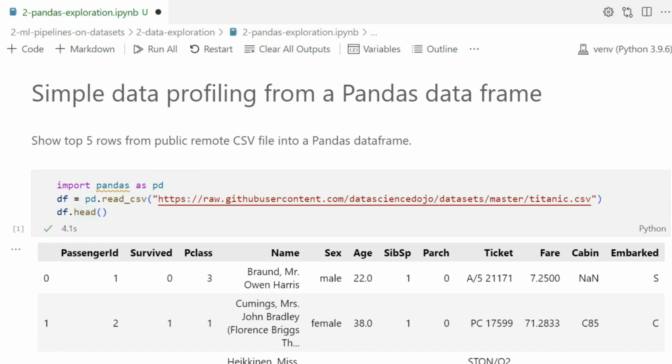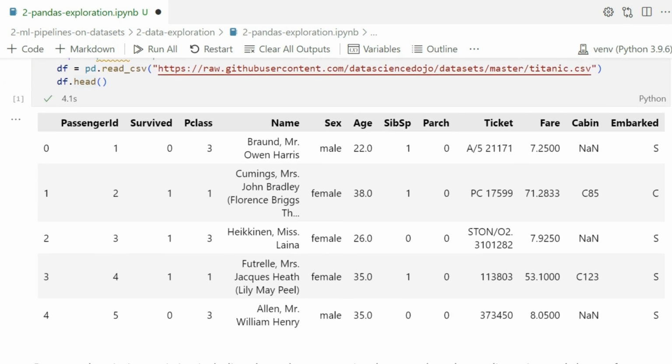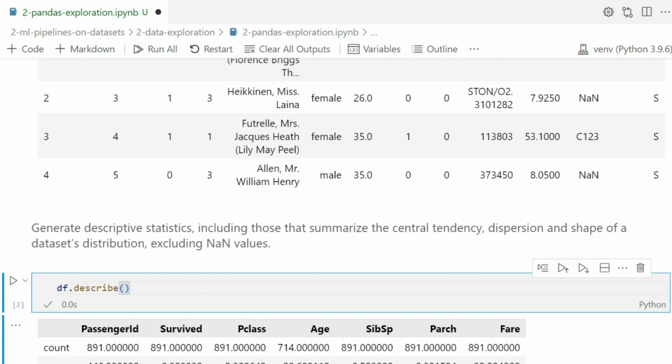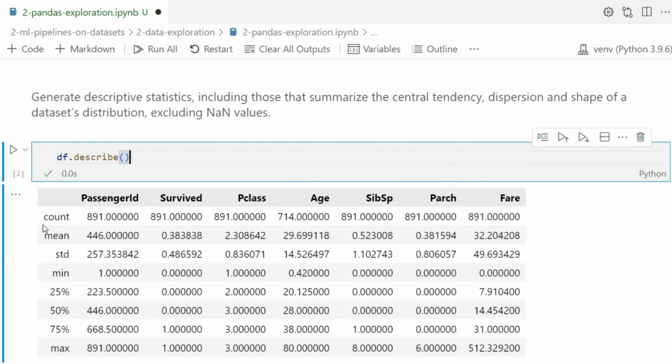On top you see our Titanic data set that we will refer to on multiple occasions. Here you have the descriptive statistics. We get different values for each input variable, for each feature, basically.